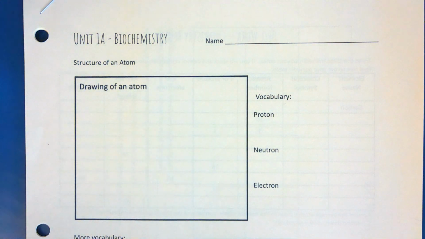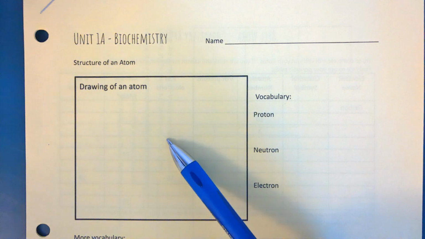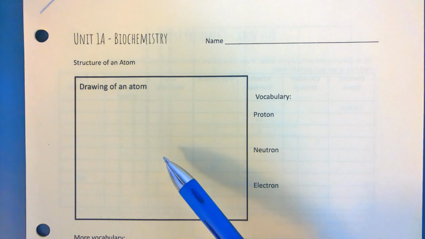This video is going to give you a little bit of an introduction to basic chemistry as we work our way into Unit 1A, which is eventually going to be talking about biochemistry. Much of this video should be review from things that you have hopefully learned in middle school. So we're going to start first with just a basic rendition of what an atom theoretically looks like